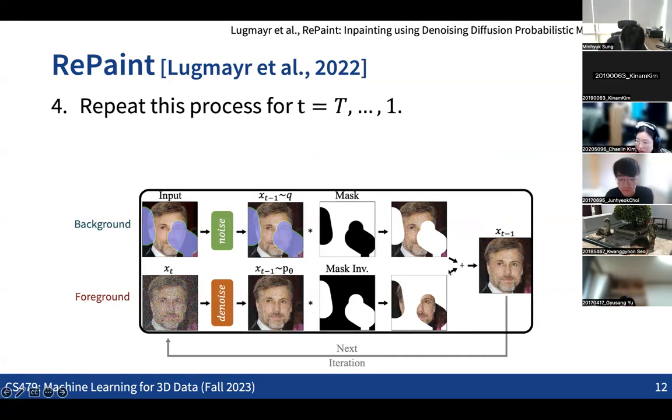So this is really the practical idea of how we fuse the foreground information and the background information at each time step t, or t minus one, in a way that we are also denoising and perturbing each of the foreground and background images with the same amount of noise until the time step t minus one, doing some composition, and then using that as the next step, the noisy image in the reverse process. So this was a very simple, practical idea of how we can use pre-trained diffusion models for image editing, especially in-painting.